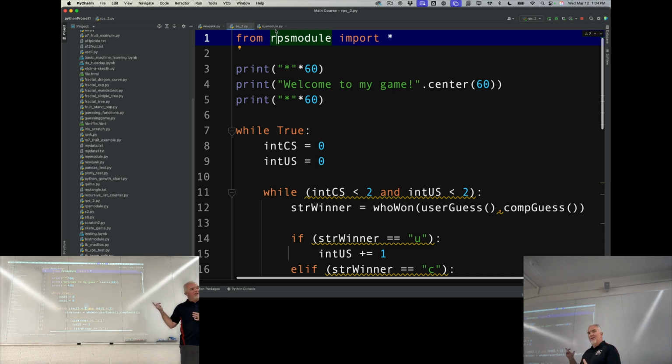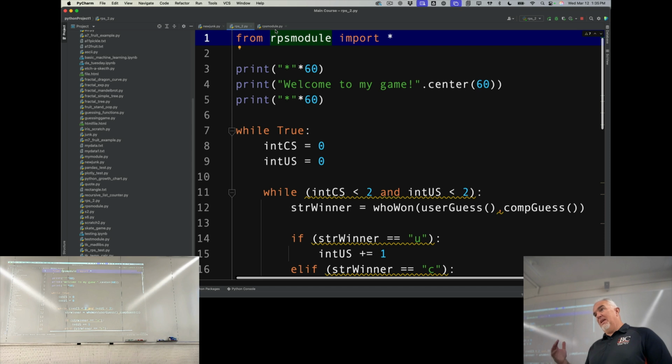Because how often do I need to use functions that help me play rock, paper, scissors in the rest of my life? Probably not that often. But there are plenty of other things where I have libraries of reusable functions that I've created for my own use. And you will too if you keep working in Python, for sure.